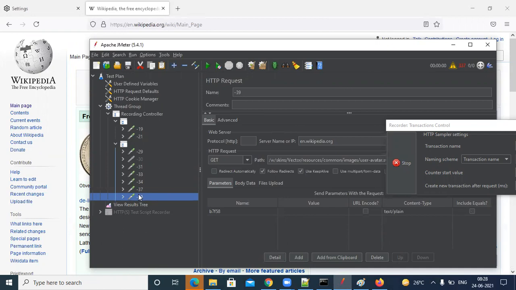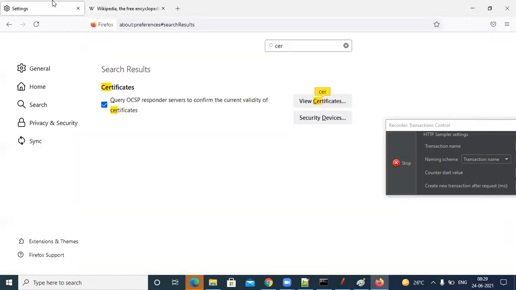So the main things are the certificate and the port. It's always advisable to add the certificate immediately, even if you forgot sometimes for an application. It's better to always add the certificate so that from the start itself, everything runs in a smooth flow. Okay, it's clear, right? Yep. So let me stop the recording.